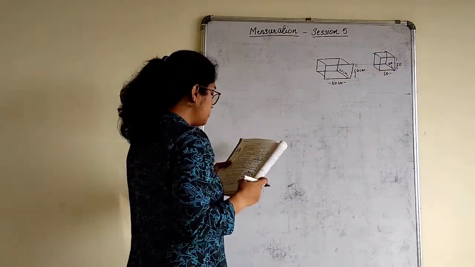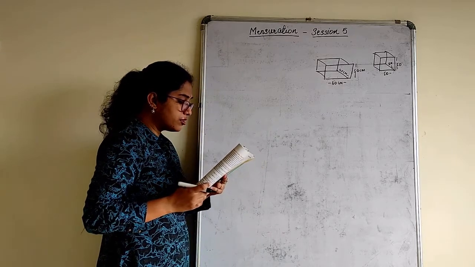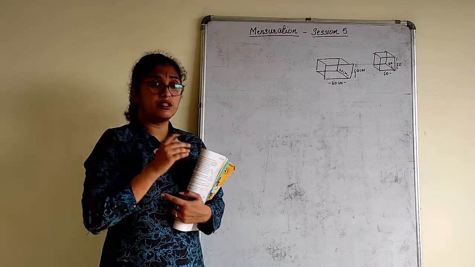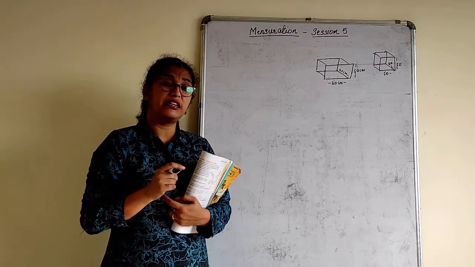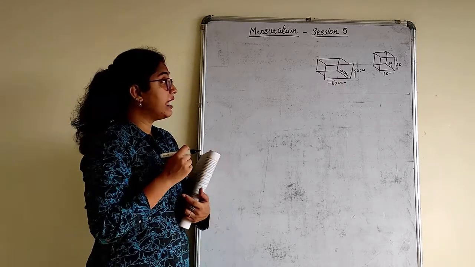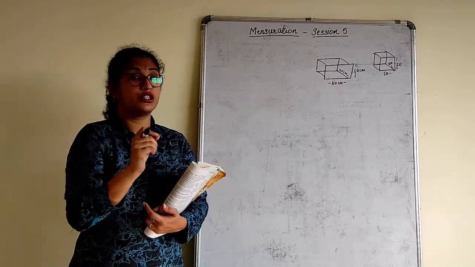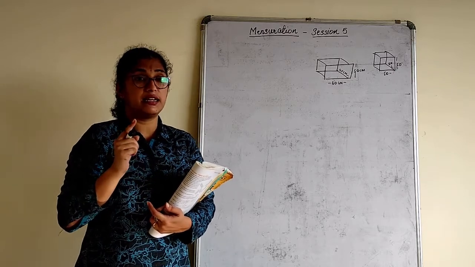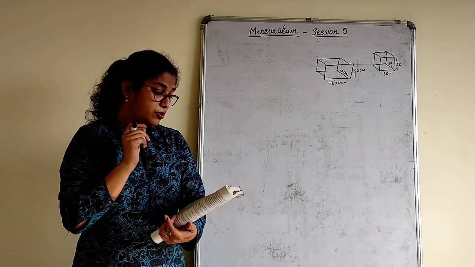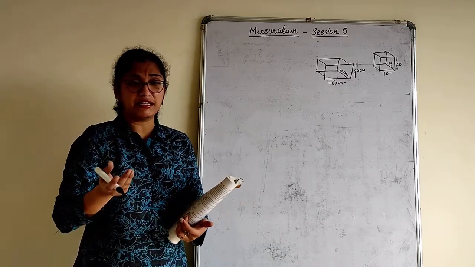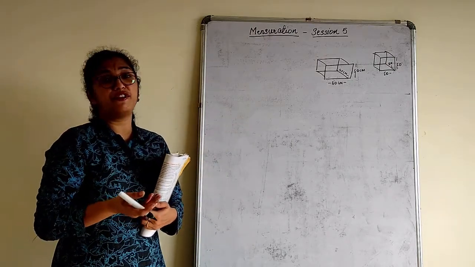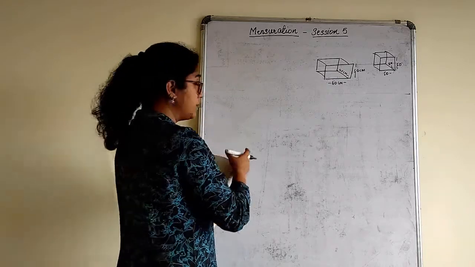The two cuboidal boxes shown in the adjoining figure, which box requires a lesser amount of material to make? Now children, our main task is to understand the question first. Sometimes they will not tell you to find TSA, LSA or CSA. Reading the question, you need to analyze and understand what you are supposed to find. So two boxes are there. Which box requires lesser material to make? That means how much material is required to make these boxes? I have to find the TSA of both boxes.